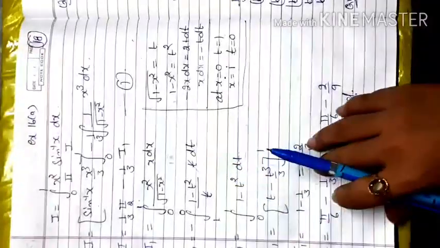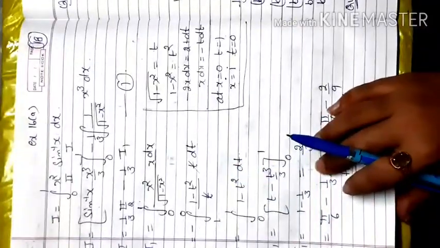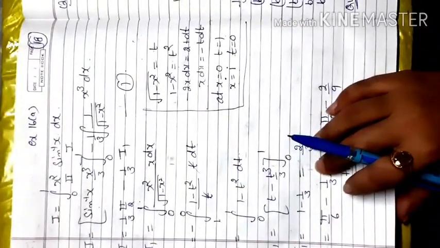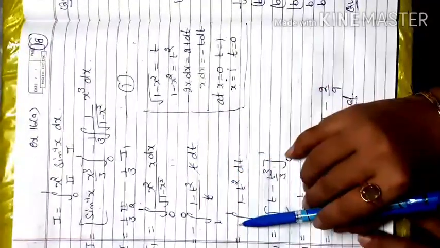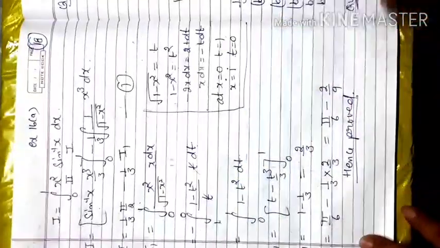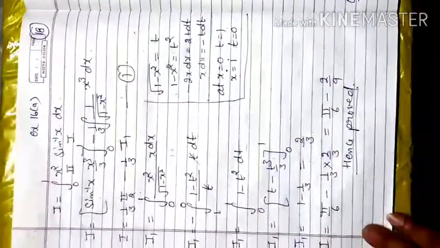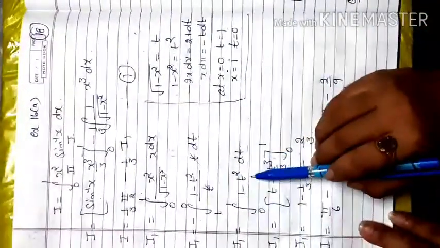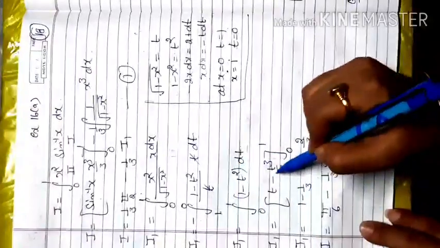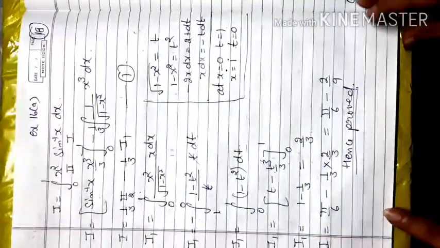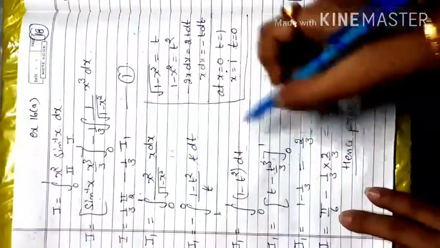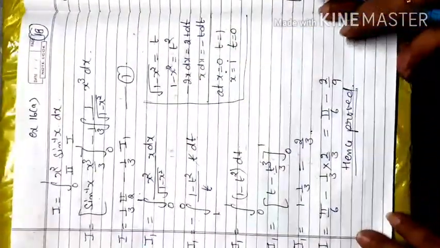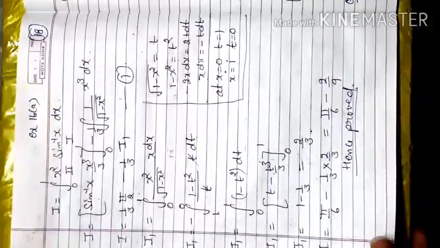But the condition is that we never solve when the lower limit is greater than the upper limit. So in that case, if we change the limit, the negative sign will be kept outside and the negative becomes positive, and we interchange the limit. So 0 to 1, the integration of 1 minus t square is t minus t cube by 3. After applying the limit, we will get 2 by 3. Place this 2 by 3 here in our first question. We get pi by 6 minus 2 by 9, as we wanted to prove.